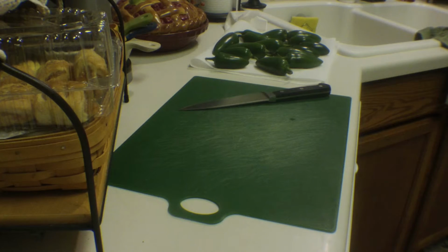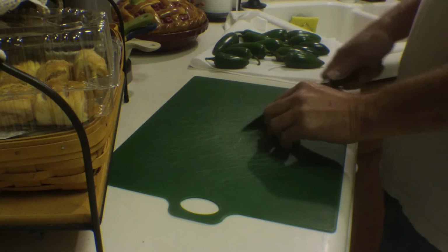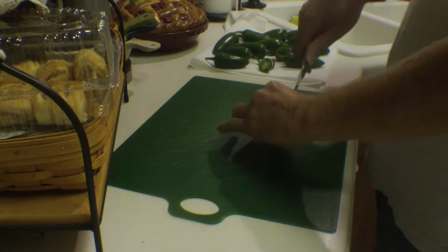This was about 1.25 pounds of fresh jalapenos. They were dirt cheap. That's ridiculous how dirt cheap that was. That was 88 cents worth of jalapenos. I have no idea how much powder I'm going to get out of this. So all I'm going to do is I've rinsed these and patted them dry, so I'm just going to cut them in half